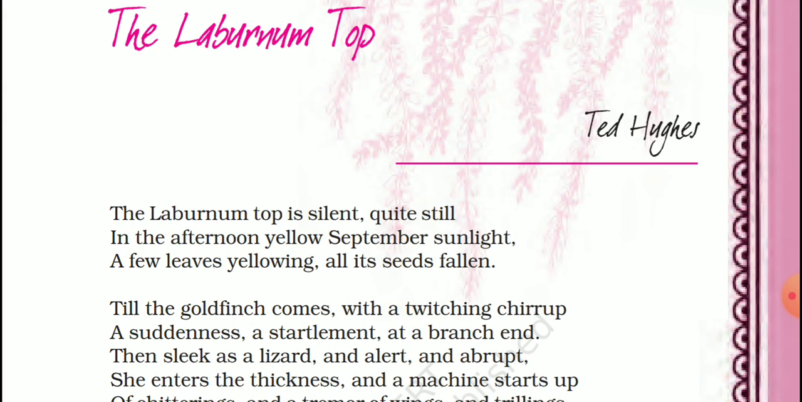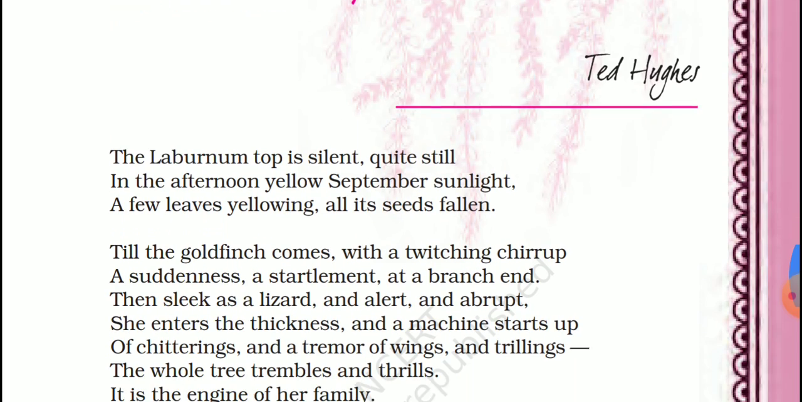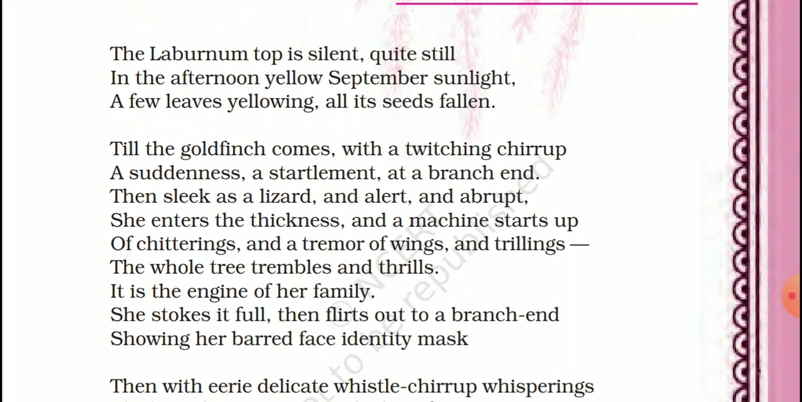The poet has used the word yellow for leaves and sunlight. Yellow symbolizes silence, death, and beauty. He describes the whole scene of the tree with this color. The next paragraph is,